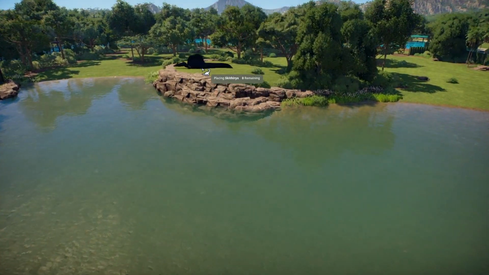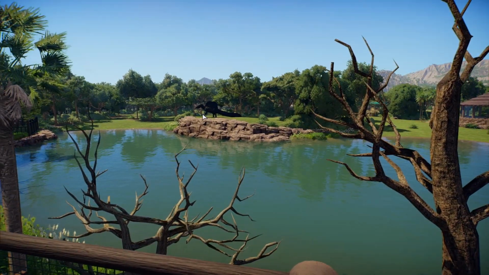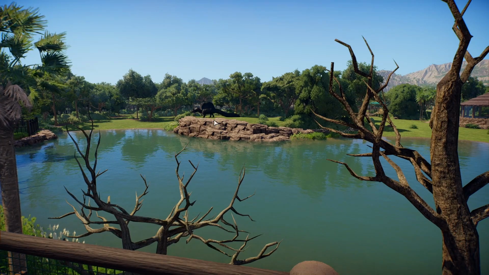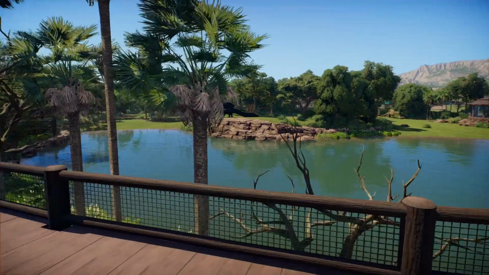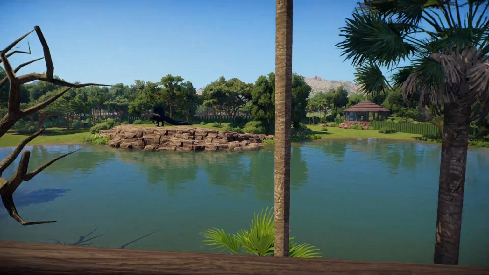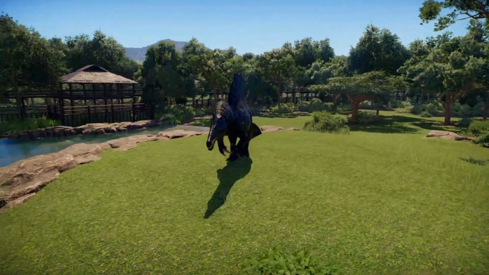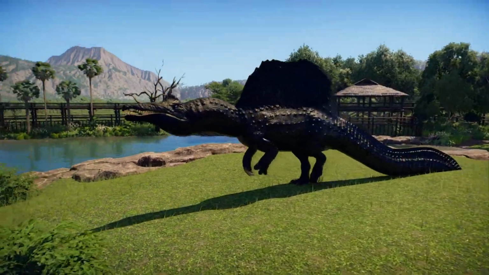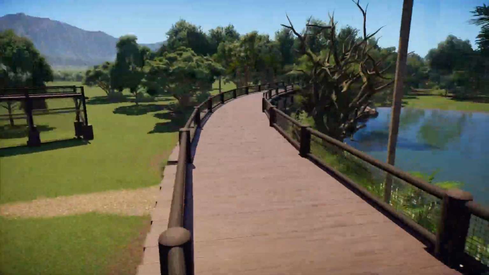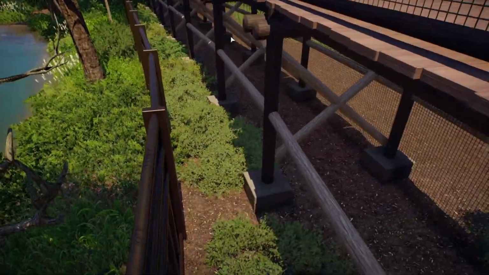I don't know why she's sitting in the pool, but I really like this feature where there's this big old ledge, so they can kind of stand up there and just, I don't know, it's a really cool point. Oh. Got a Spinosaurus. Over here we do have a little fence down here because this wooden walkway wouldn't be enough,